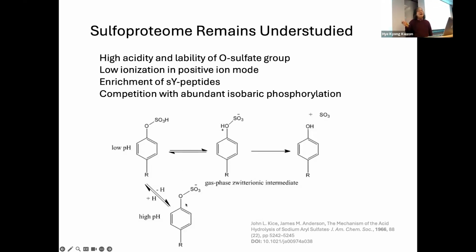Also, in mass spec analysis the SO3 is fragmented and the localization information is lost. Another big reason is that it competes with the very abundant phosphorylation, which also provides negative charge to proteins like sulfation, but phosphorylation is much more abundant in